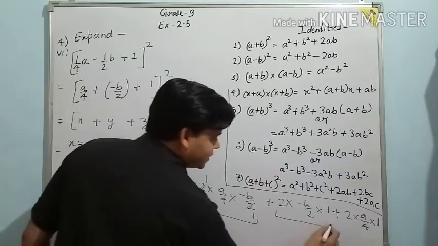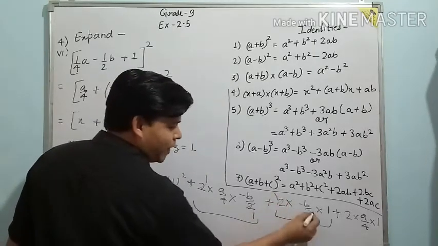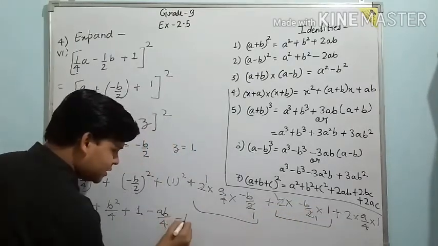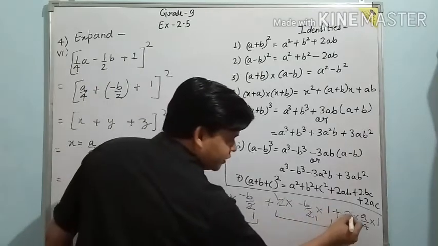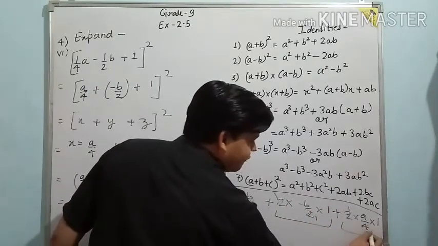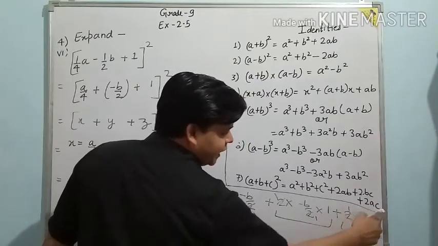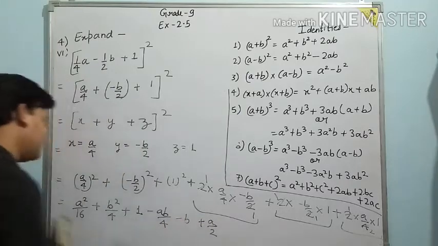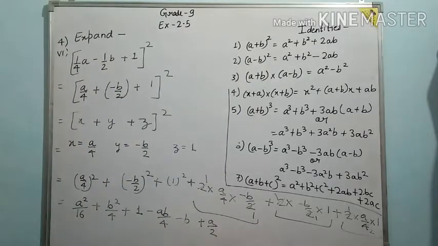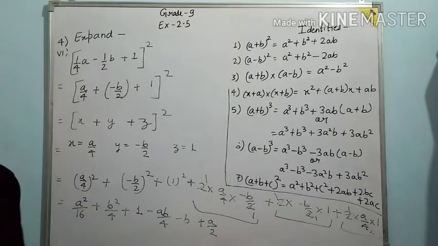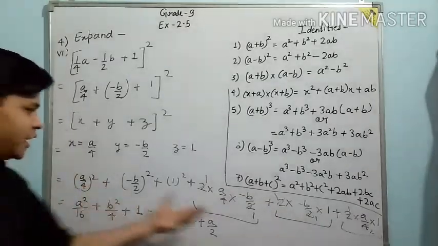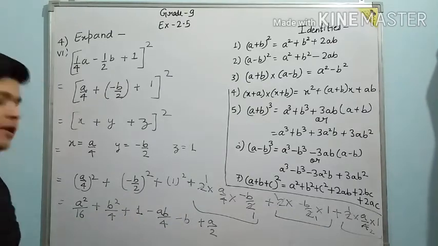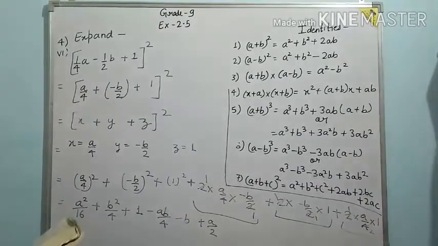Now let's solve this part. So here also you can cancel 2 by 2, 1 time, and you are left with minus b into 1. So you will get only minus b. And same here, 2 is cancelled by 4, 2 times. So you are left with a upon 2. So plus a upon 2. So this was the final expansion of the given expression. I hope you all would have understood. This is a little bit confusing here, but when you solve, you will get the same expressions and answers as it is. So let's move to question number 5.